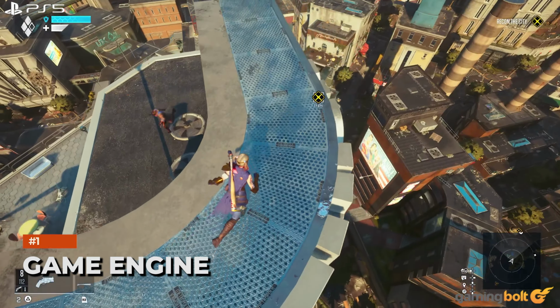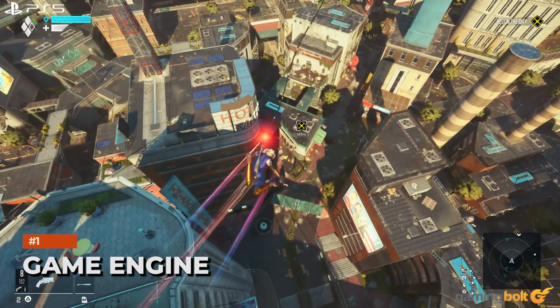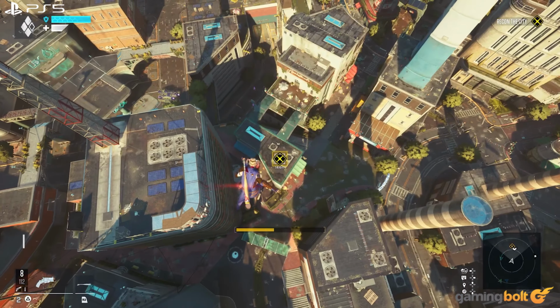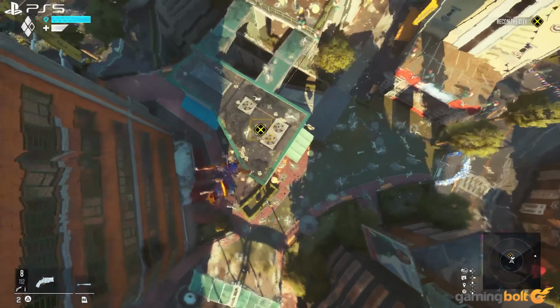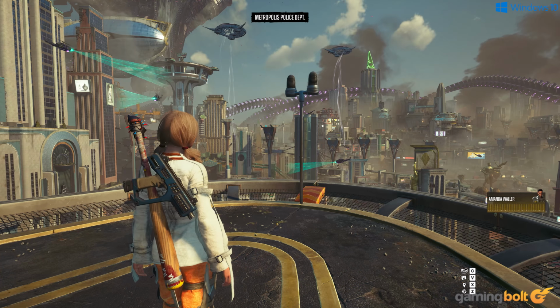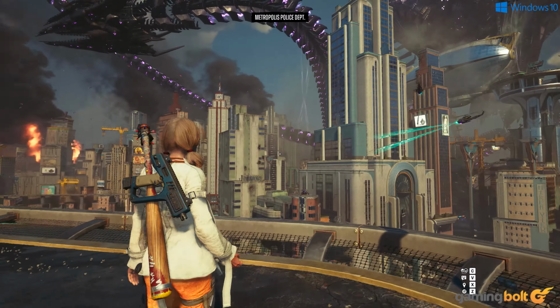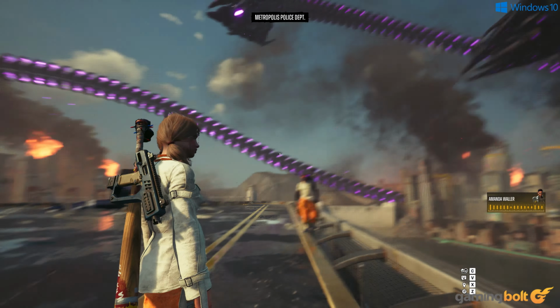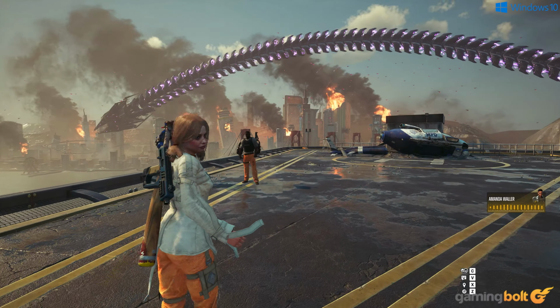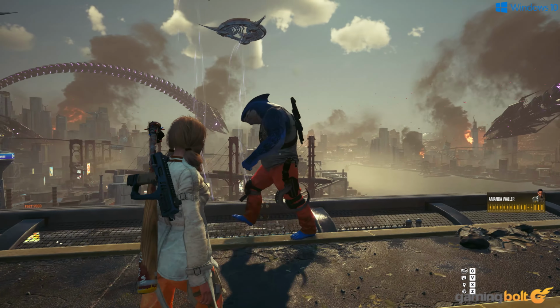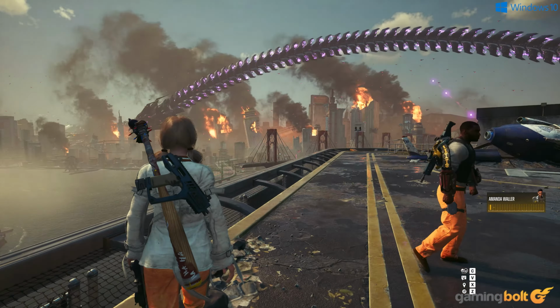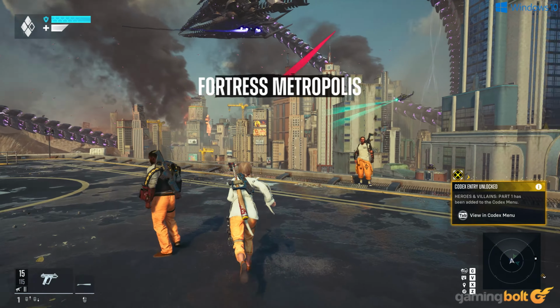Game Engine. As mentioned, Suicide Squad Kill the Justice League is using Epic's Unreal Engine to render its rendition of Metropolis. More precisely, it's using Unreal Engine 4, which might come as a surprise considering that it's exclusive to current-gen consoles. But the team seems to have made good use of the available features to craft a visually competent current-gen